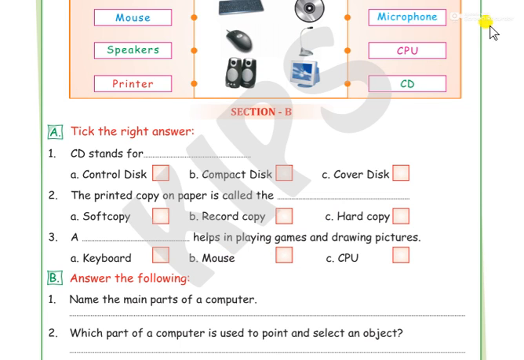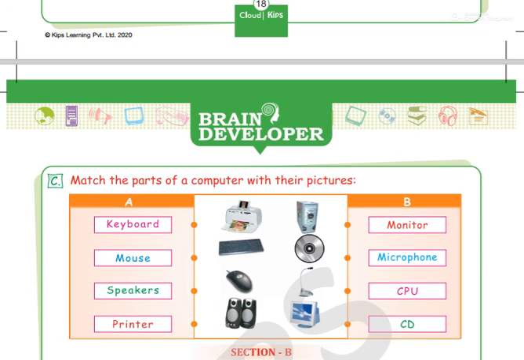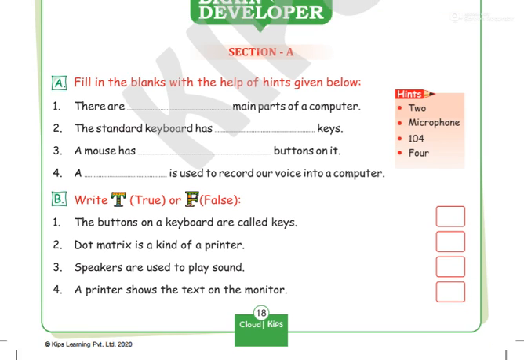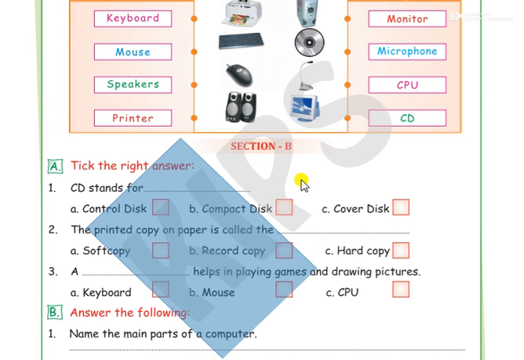So today you can do only these 2, this one, section A fill-ups, then true and false, and these MCQs. In MCQs you can write the question and direct answer. No need to write these options. Okay. And for match also, if the book is available then you do it, or otherwise you just draw the picture and then match it. Okay. So that's all for the day that we have done.